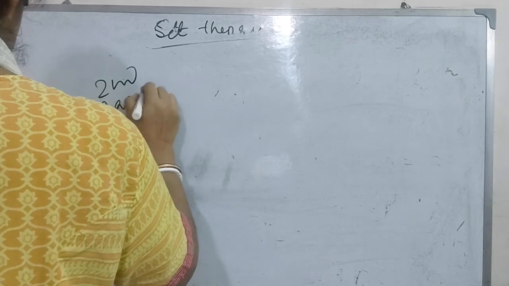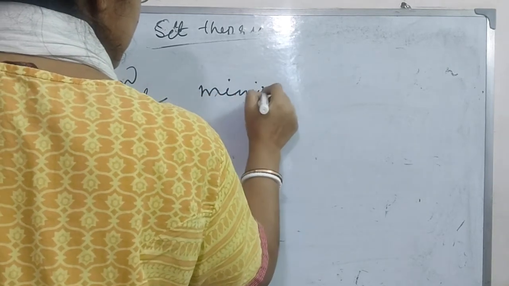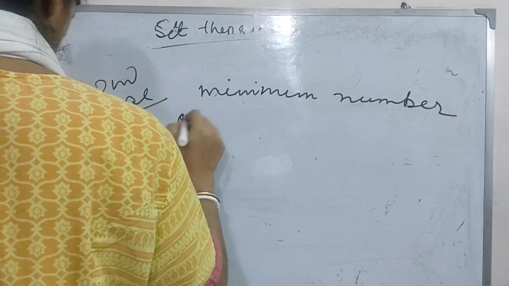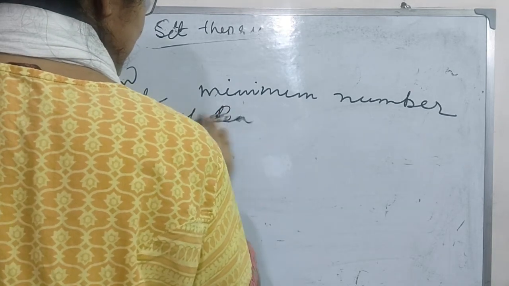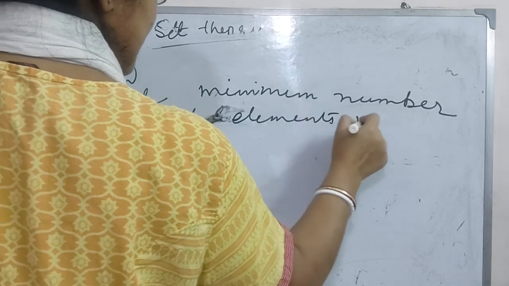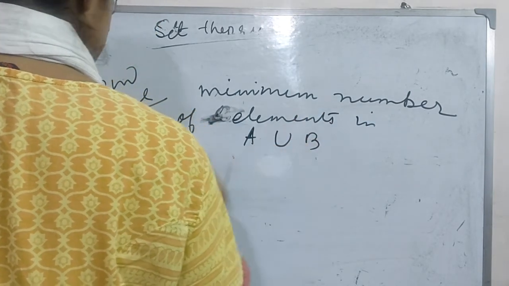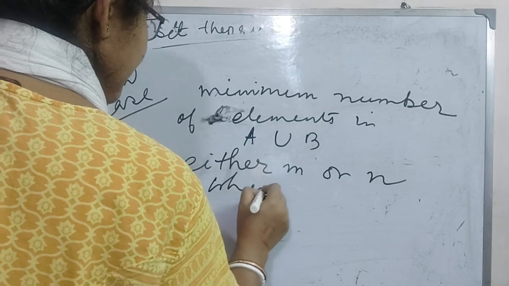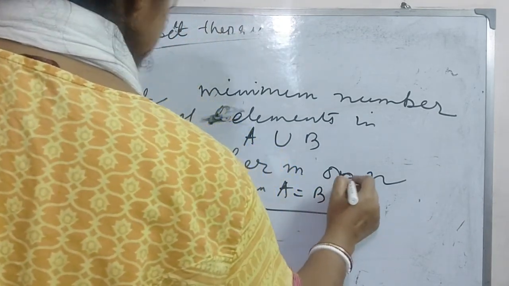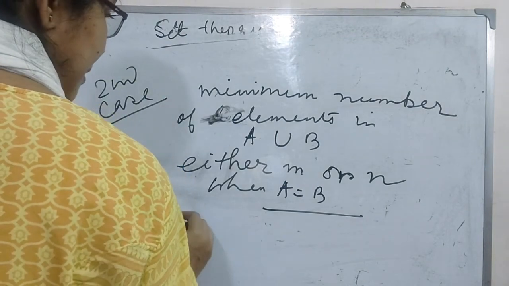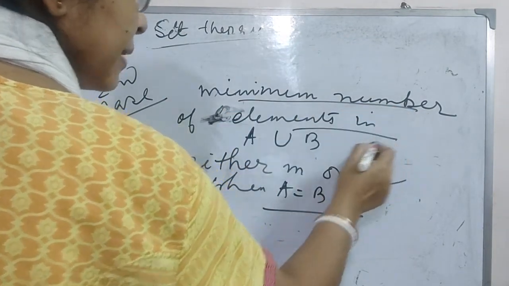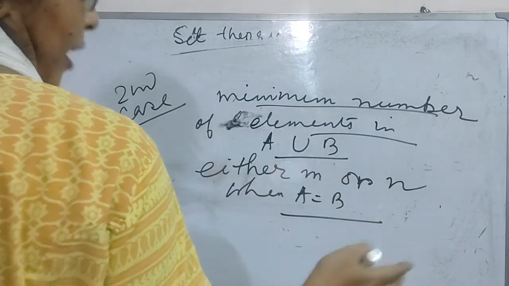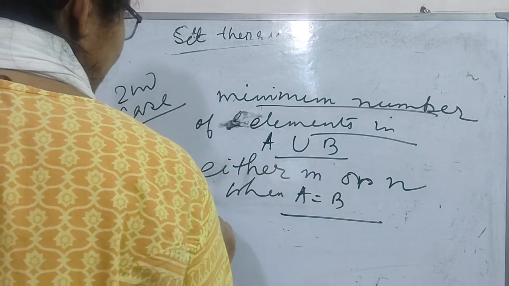Second case, the minimum number of elements in A union B is either m or n, when A equal to B. Okay. For example,